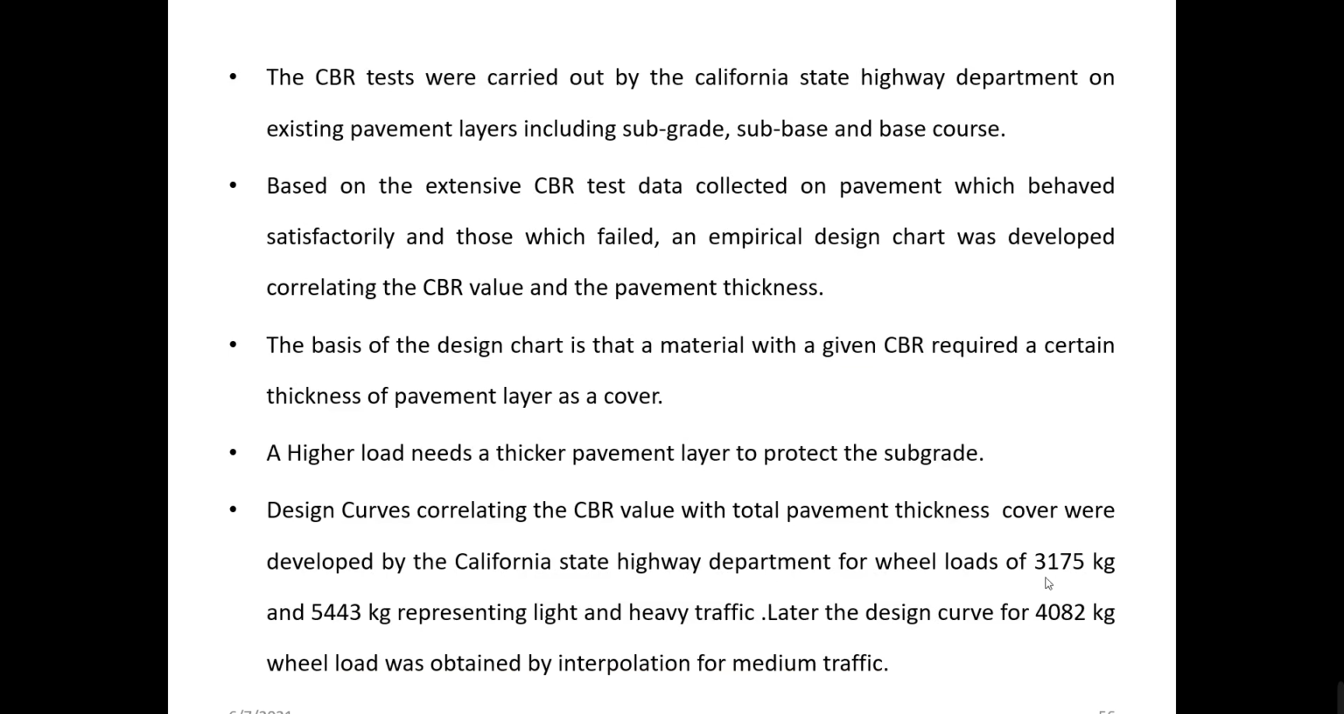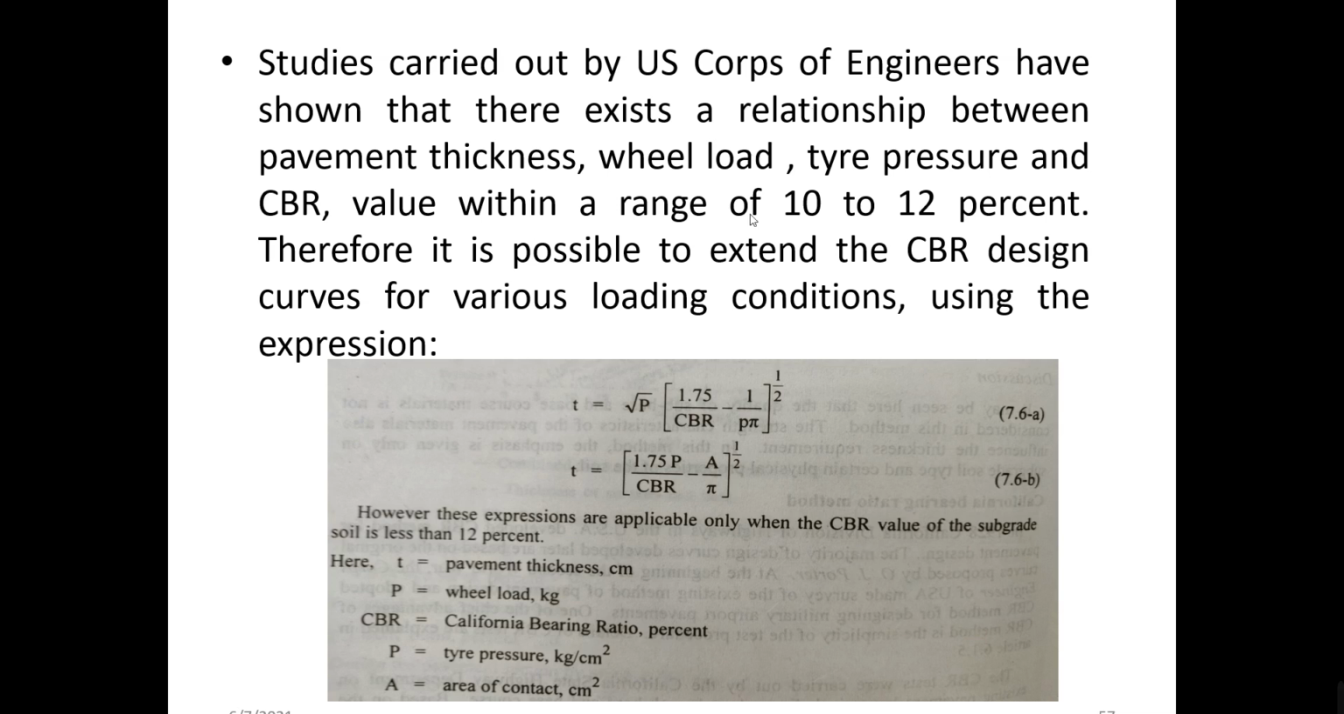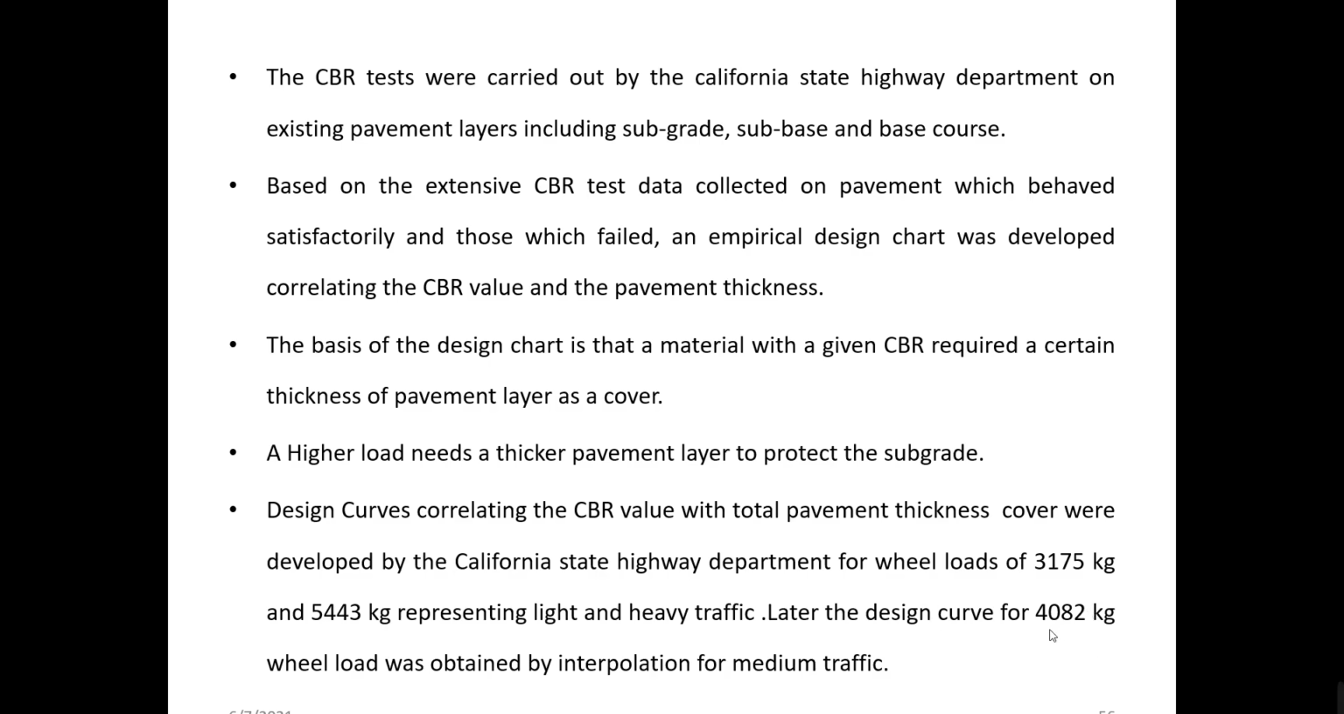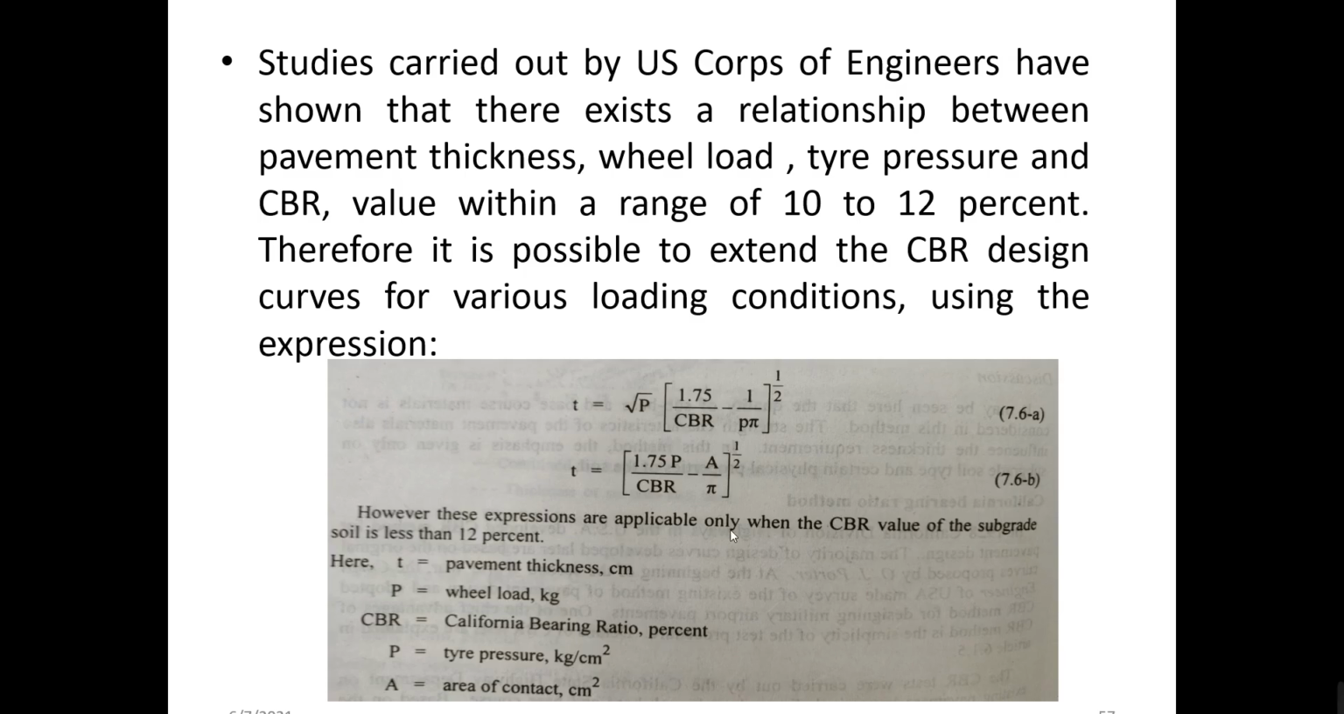I just told you with respect to 3175 kg as well as 5443 kg. The California State Highway Department developed design curves correlating CBR value and total pavement thickness. But later, the US Corps of Engineers showed the relationship between the different parameters for CBR in the range of 10 to 12%. So you can also extend the CBR design curves for various loading conditions beyond 4082, or 5443, or 3175, with this expression, provided that the value of CBR